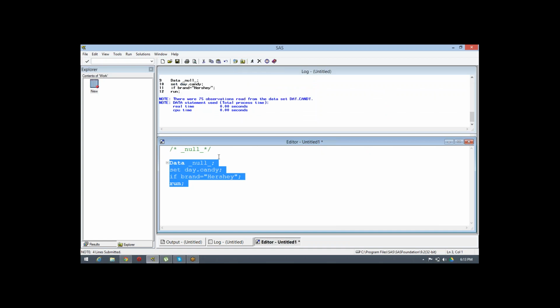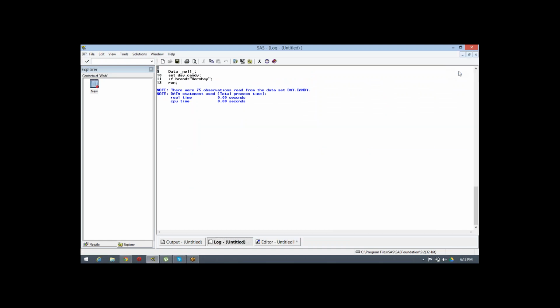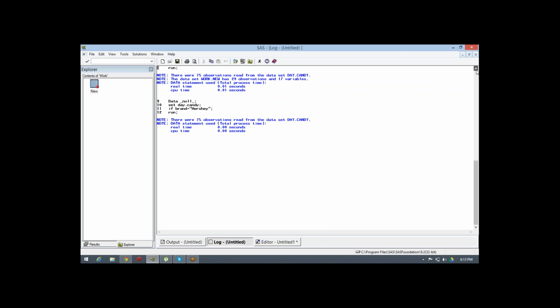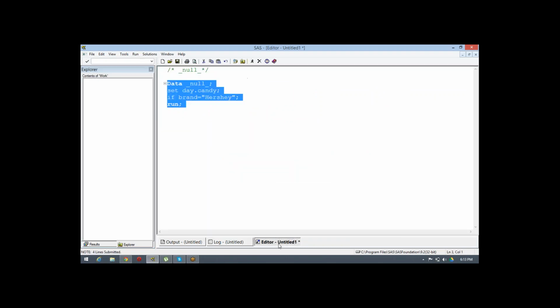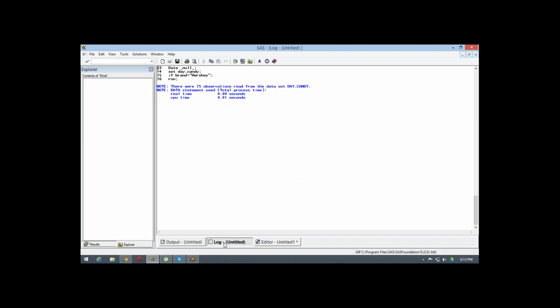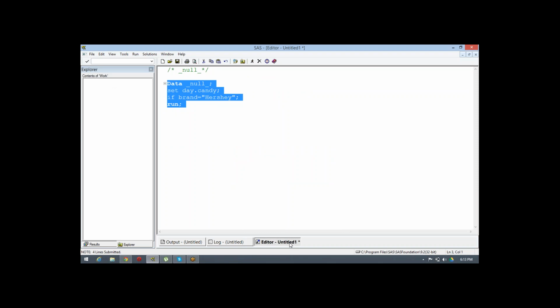When you execute this, no dataset gets created. Let's suppose I have deleted this also, and I have executed the query again. There is no dataset, but my condition, whatever I wrote, is working perfectly. So _null_ specifically tells us not to create any datasets, but it still gets executed well and a log will be created.